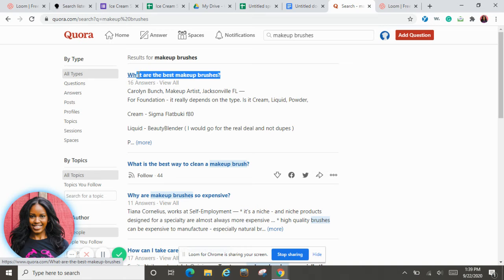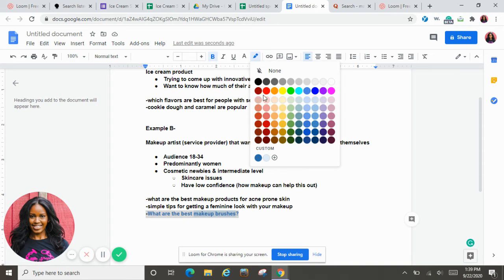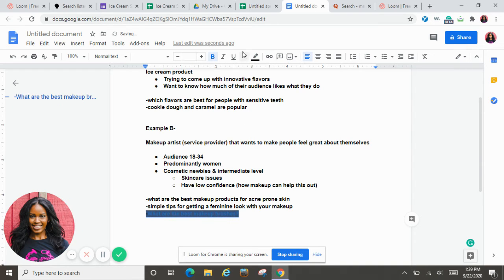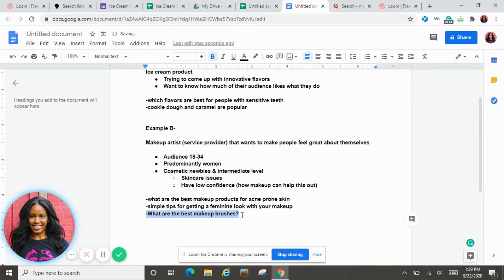Literally, you could just copy and paste this. If you didn't feel like typing it out, you could just copy, paste. I'm just gonna make that black, because that's like perfect right there. This person doesn't have their makeup brushes, so you're gonna give them your expertise. They're probably a newbie or intermediate level. You're gonna give them your expertise on the makeup brushes, and you can even go as far as to say